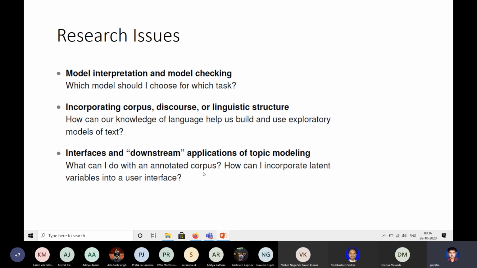Once you have built these topic models, how do you interface with other applications? That's the main charm. How do we use it for information retrieval? How do you use it in a user interface? Suppose I already have some information besides the display in the form of some annotation, how do you use that? How do you combine it with other text manipulation tools? So these are very interesting.